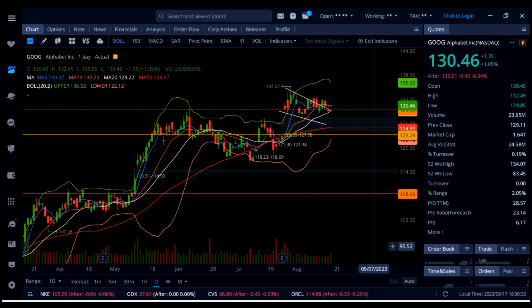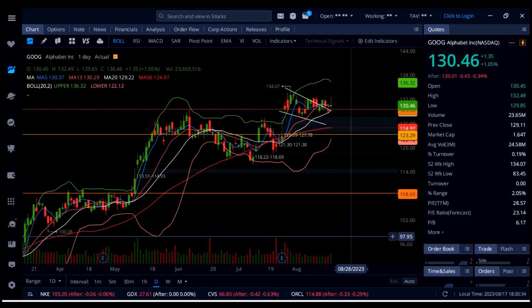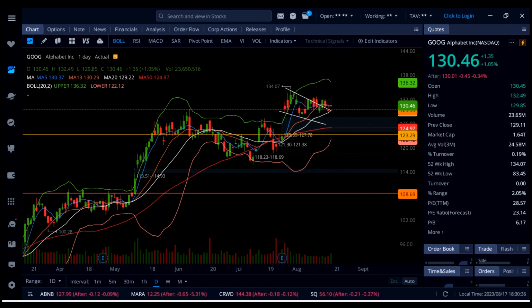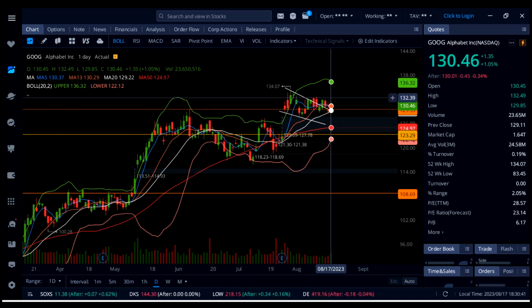123.69. Now I do have a short position on Google, and so far that is green right now. Now above 130, we could see Google going up all the way up to 132 and then all the way